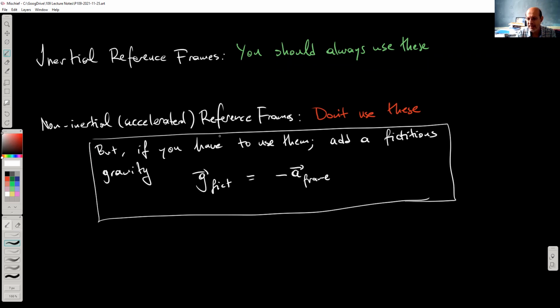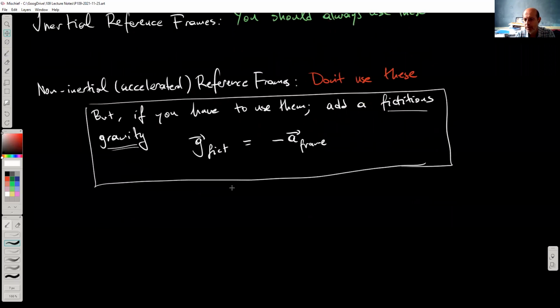At least for the laws of mechanics, when we use an accelerated reference frame, all you have to do is add some kind of a fictitious force. And I have said that this fictitious force can be considered by adding a fictitious gravity, okay? So the fictitious gravity is equal to the negative of the acceleration of the reference frame, okay? And I have solved problems with these. So in any case, today I'm just going to solve some examples using this